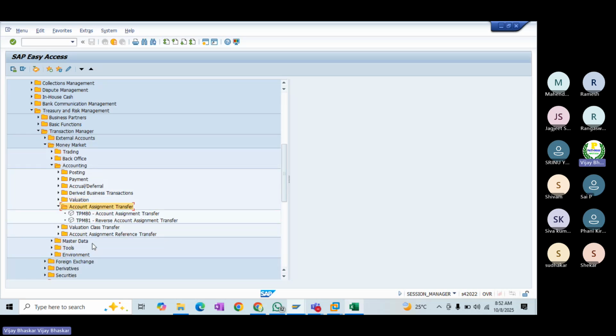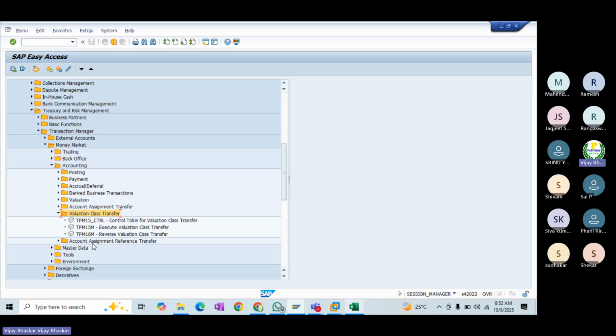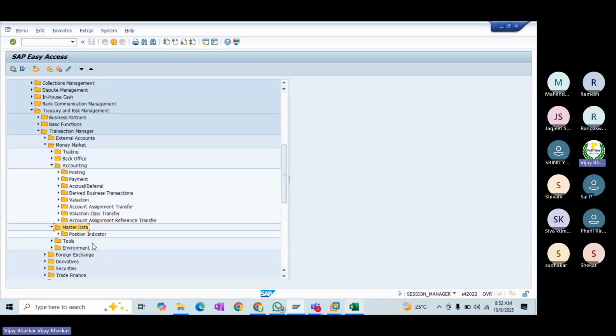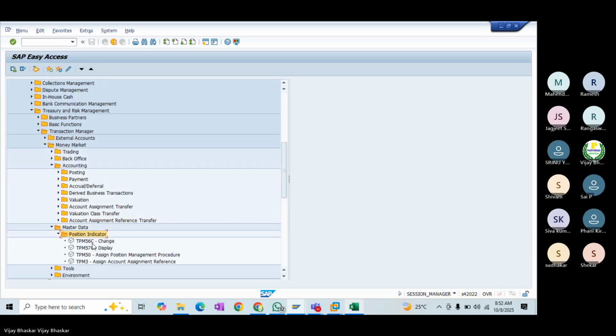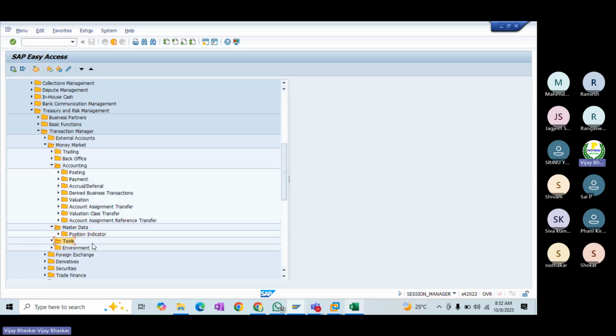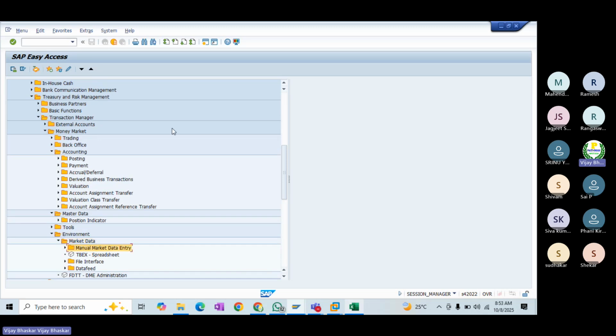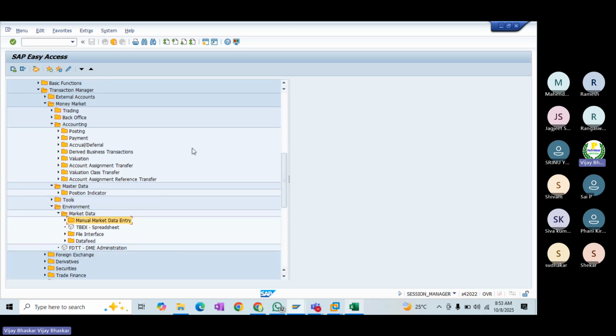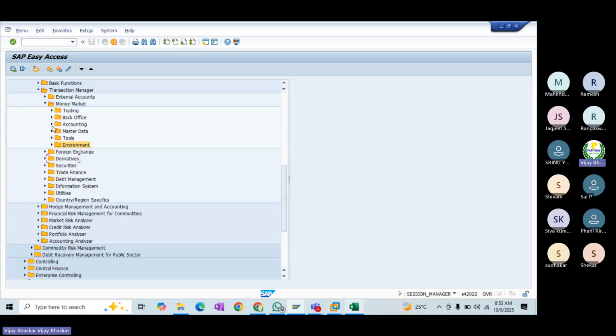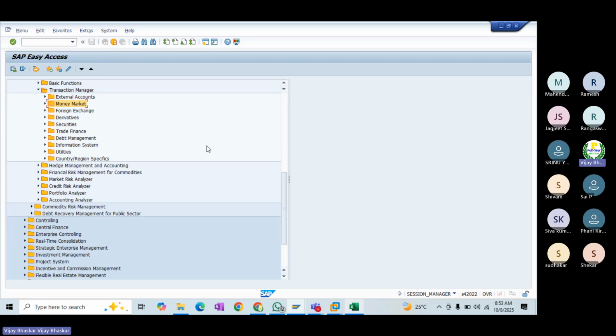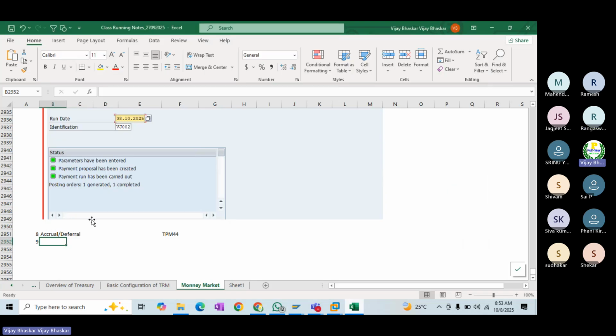I wanted to show one thing. There is a collective process. EMP, okay, that's fine. Market data, okay, this is a different one. DME administration. I'll check that one because there is a transaction code which even I don't remember the name of. That is a collective process. It has all the information. The collective process is a universal transaction code, but it exists for each and every sub-module.